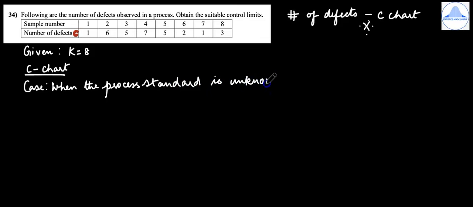So that means actually lambda is unknown in this case. The next sentence you have to write is the 3 sigma control limits